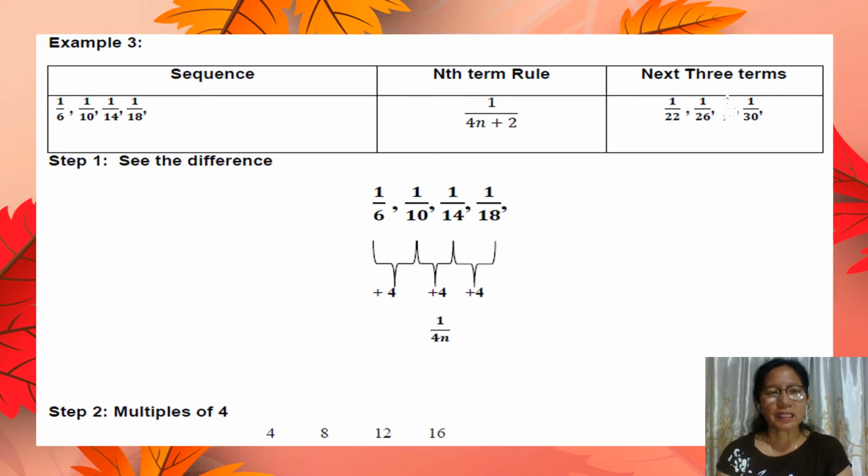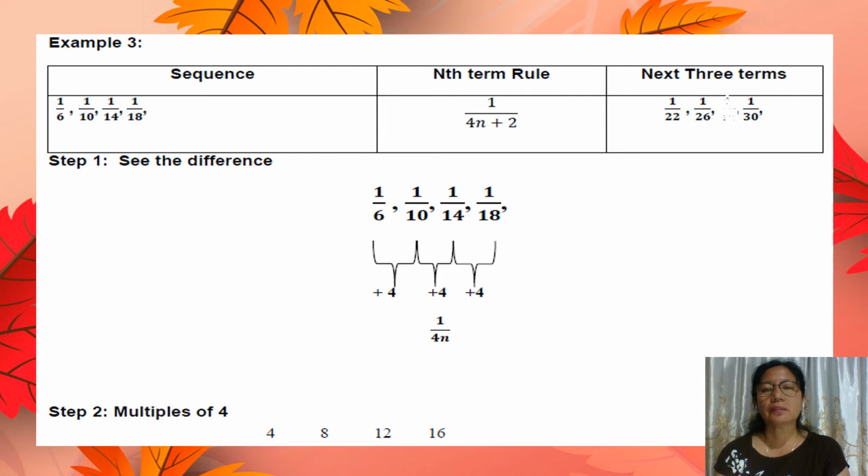This time our next example is on fractions. The given sequence is 1/6, 1/10, 1 over 14, 1 over 18. The next three terms are 1 over 22, 1 over 26, and 1 over 30. So let us try to find out why we come up with those answers, and also let us try to determine how we arrive at the nth term rule 1 over 4n